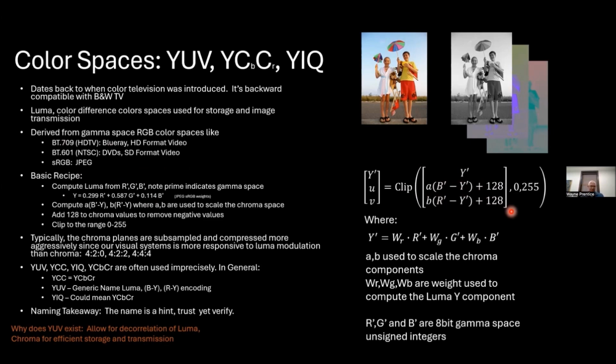And this A and B value and your Luma weights are dependent upon which color space you're starting with and what the spec is. This letter salad of YUV, YCC, YIQ, YCBCR,